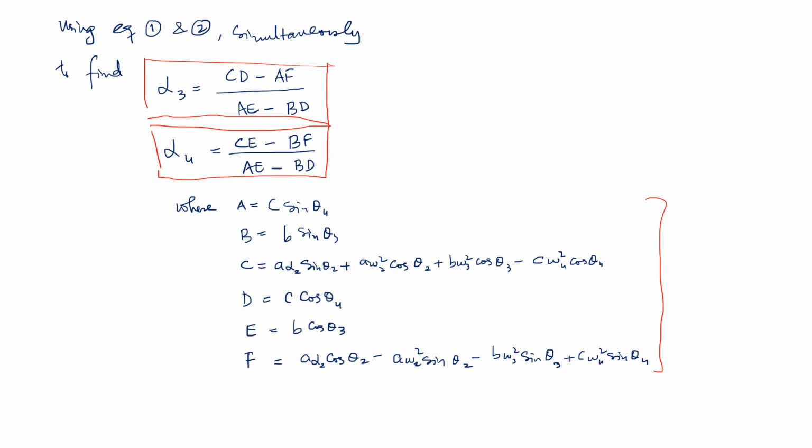Obviously, because you're performing the acceleration analysis, you are going to find out the velocity values from the velocity analysis and thetas from the position analysis. Obviously you're going to use those, but once those have been already computed, you can plug those values in over here in order to find out alpha 3 and alpha 4, and eventually these are going to be